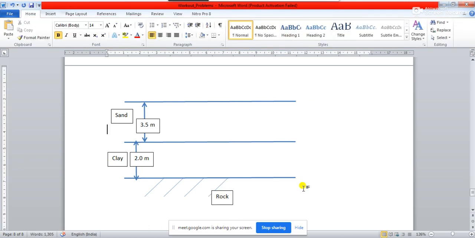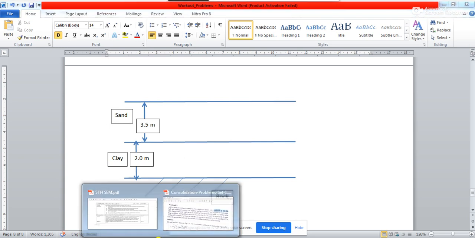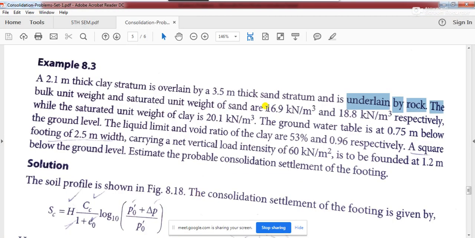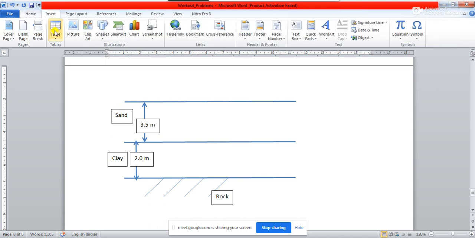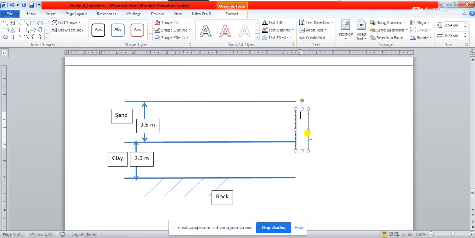Is it okay? Now what is the problem saying? It is saying that the properties of the material are given. The bulk unit weight and saturated unit weight are given, 16.9 and 18.8. So property-wise for this sand, if I write the properties over here, then what is being said is that